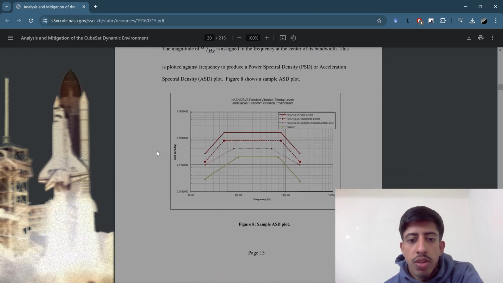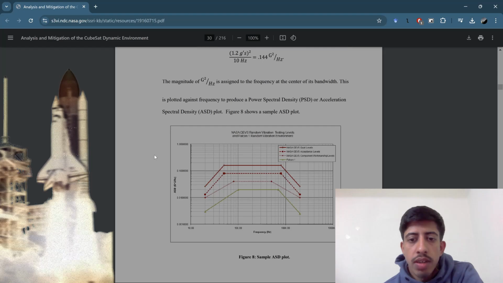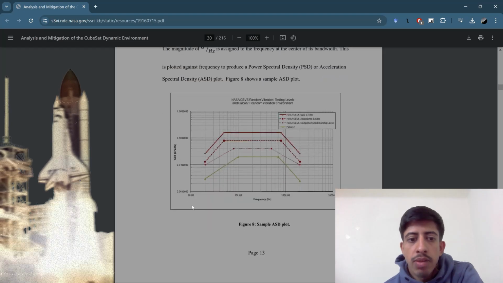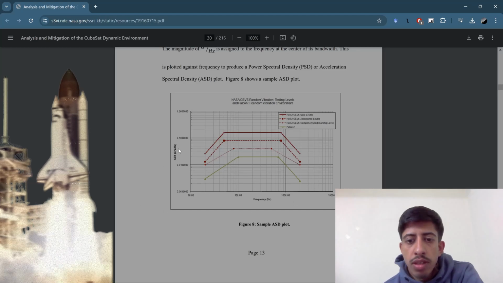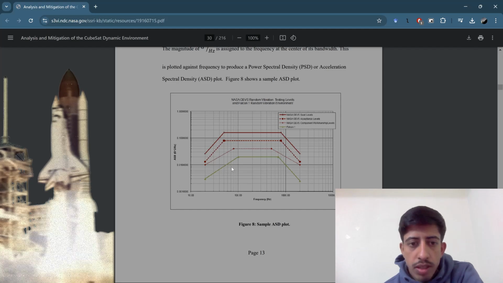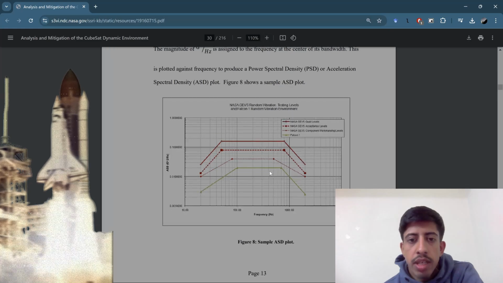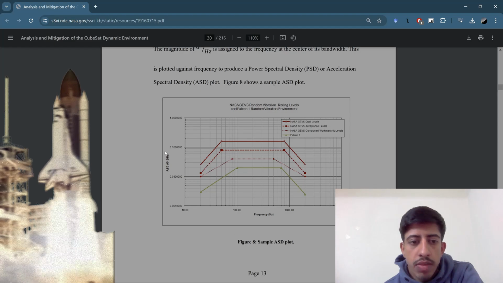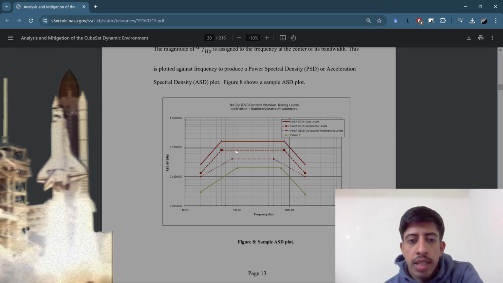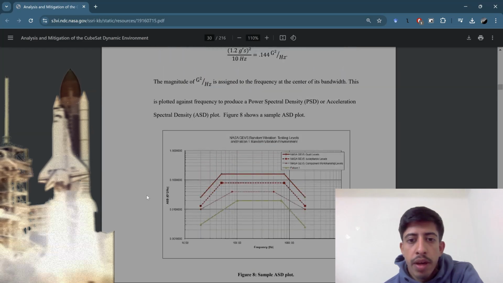So in SolidWorks we are going to define a curve for the random vibration. I will be putting values in that, starting from 20 going all the way to 3000. Okay, this looks to be a different distribution than what I am going to put, but this is the ASD plot, right? It gives g square per hertz with respect to different frequencies, and this is what is sufficient in defining the vibrations